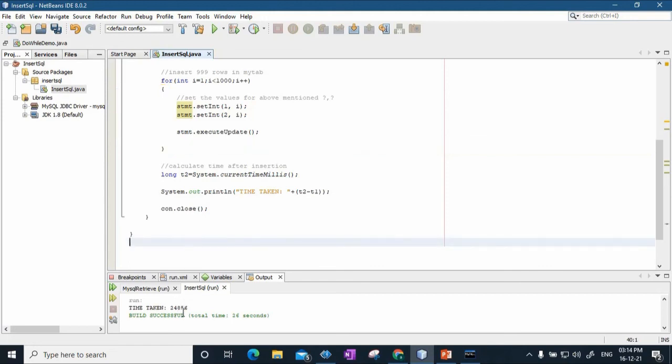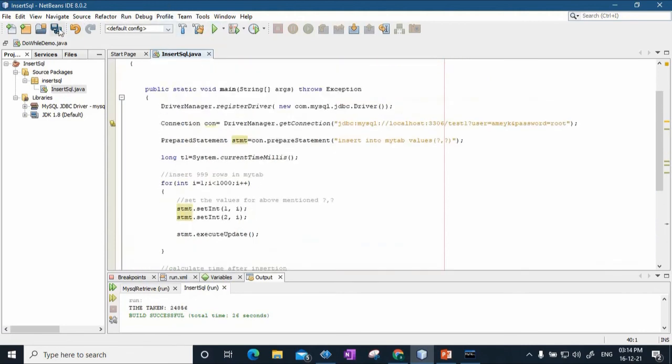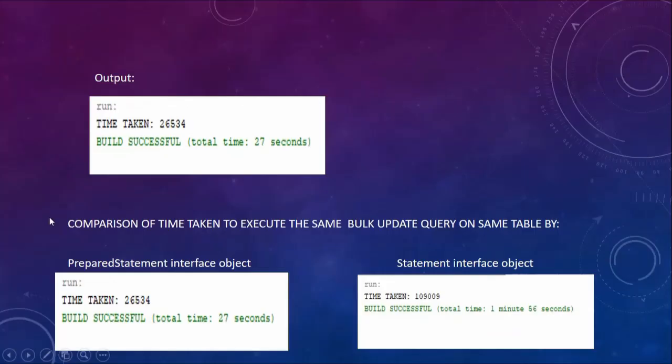I have already recorded the time with the previous method using the normal statement interface. Using the normal statement interface, the time taken was 24,856 milliseconds. Now let us see whether the time is less or more. You can see that when I used the prepared statement interface, the total time required to insert 999 rows into the same table after making it empty was 27 seconds.